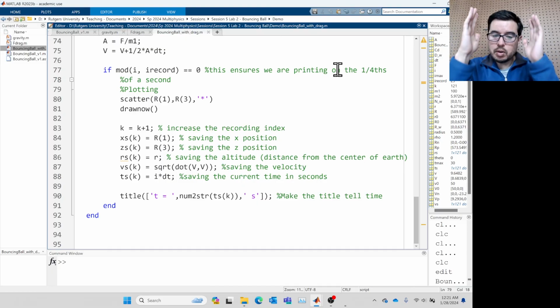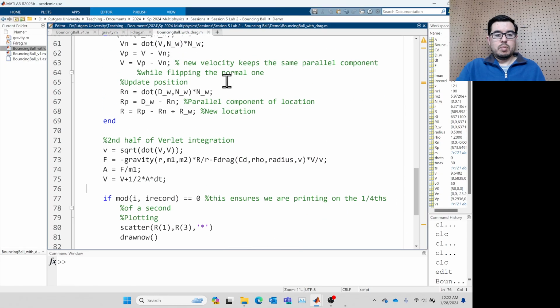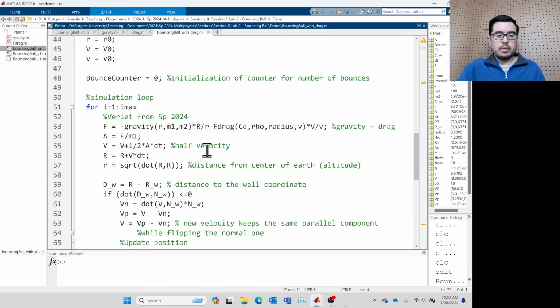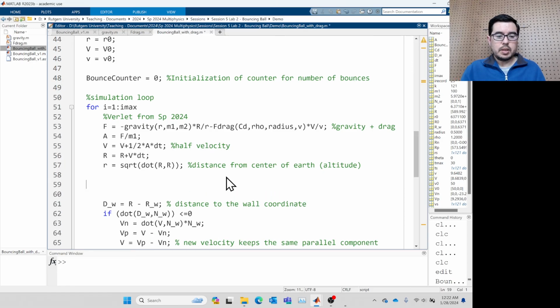So if it's a vertical wall, we just had to change the X location. We can do it above the, well, we got to do it in the simulation loop, but we can do it maybe here before we check to see if we have